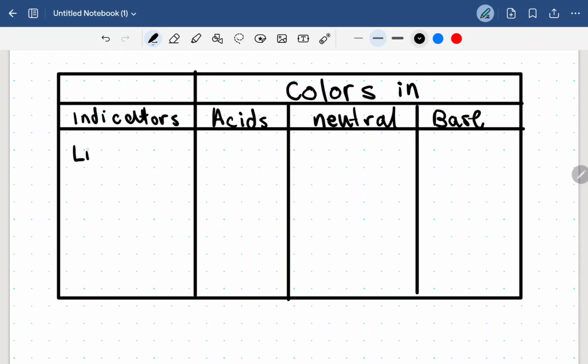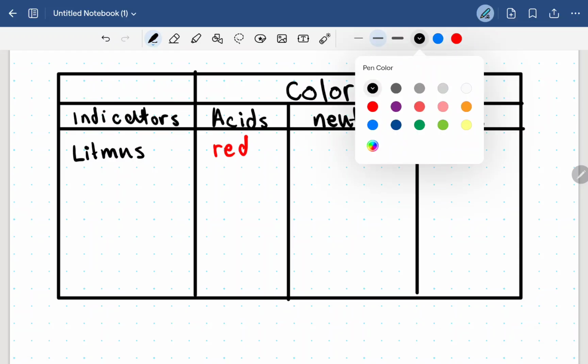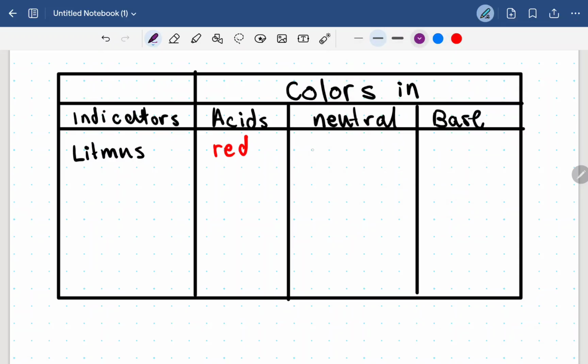Now we have litmus. Litmus in an acid is red. In neutral, litmus is, I'm gonna change this to purple. In a base, it is blue. Now,